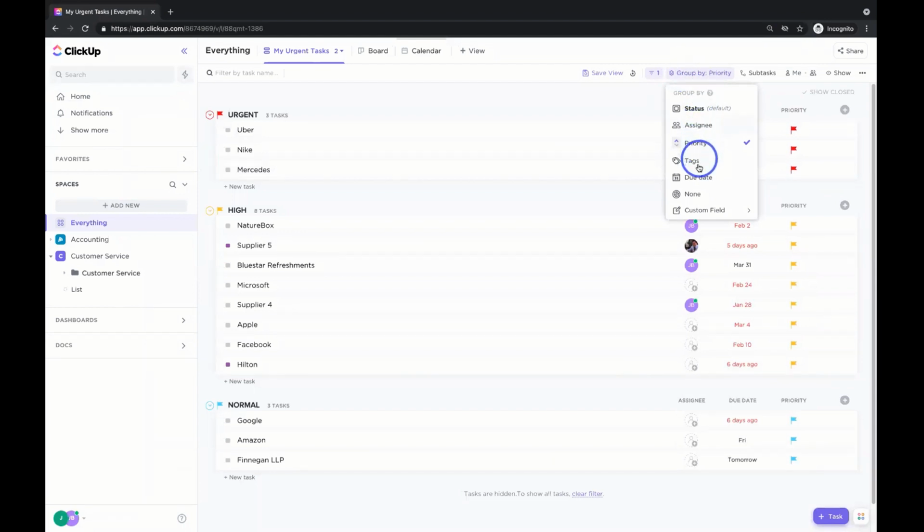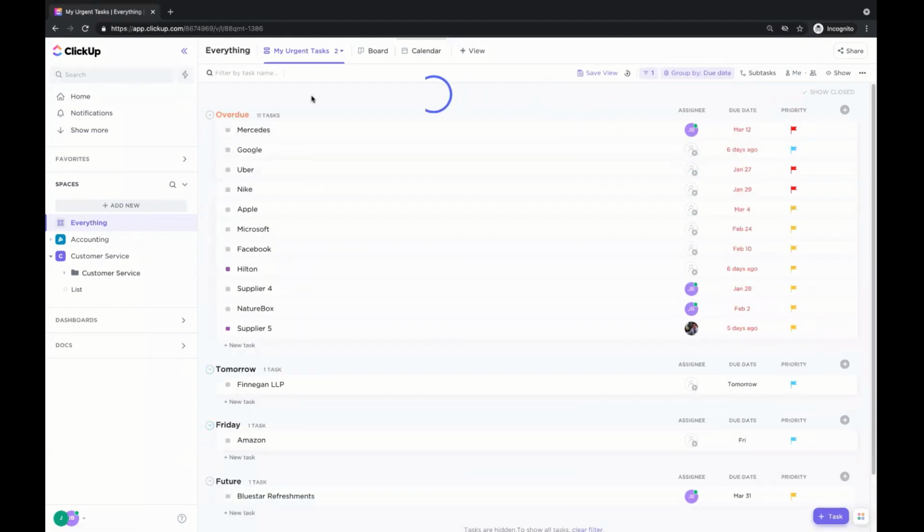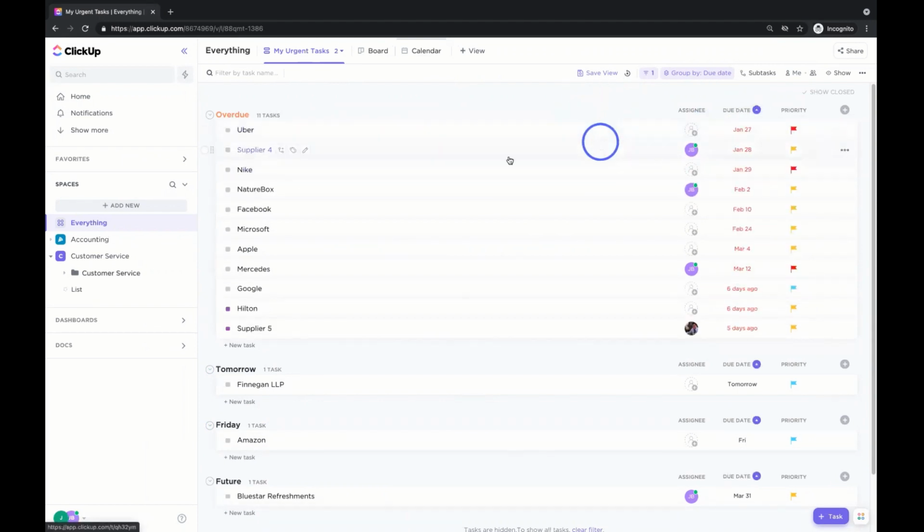We've got assigning, we've got due dates. Maybe we might want to select due dates. That's always a good one. So you can see your tasks are overdue, due today, due tomorrow. And you might want to sort. You can take a column and you can click the sort option and you can sort your tasks by their due dates so that you're seeing those tasks which are most overdue at the top of the screen.